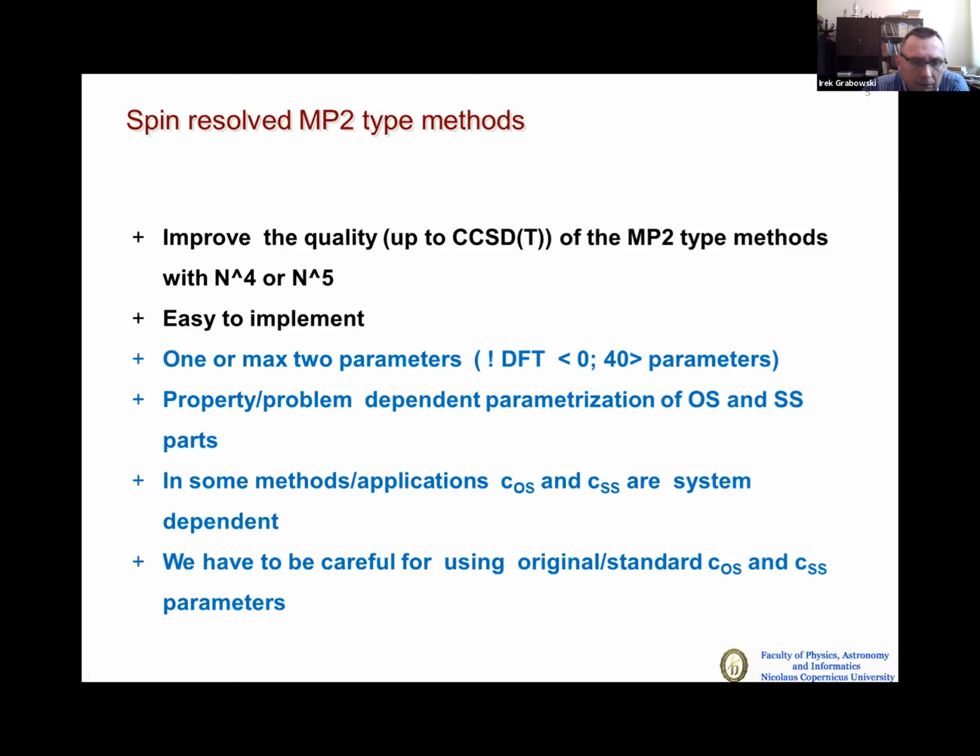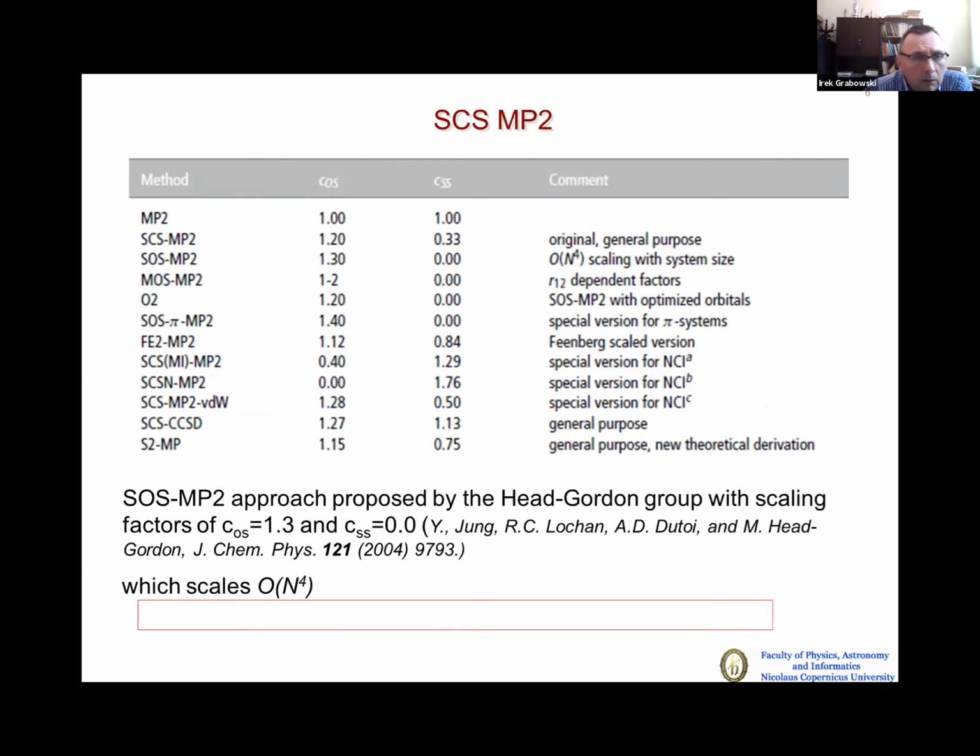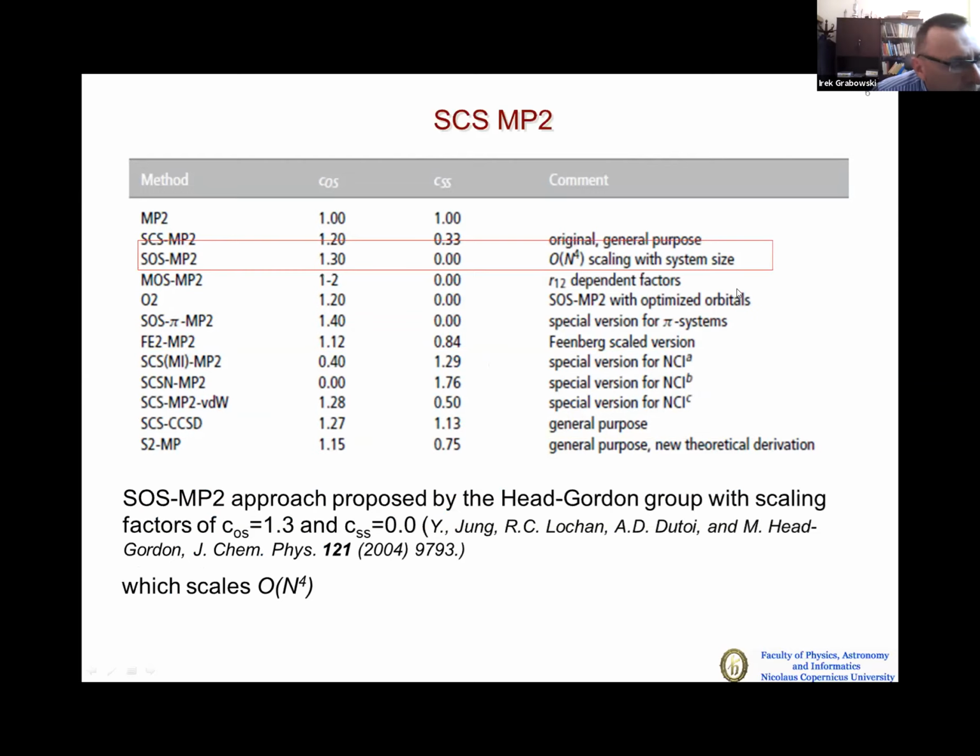So we have to be careful when we use the parametrization originally proposed by Grimme. When you look at this table, there are a few different parametrizations used for standard MP2,